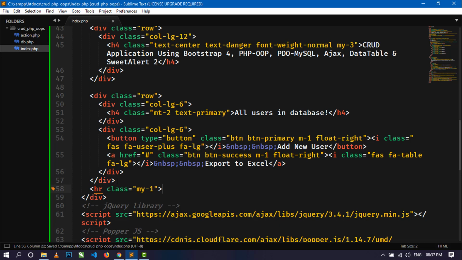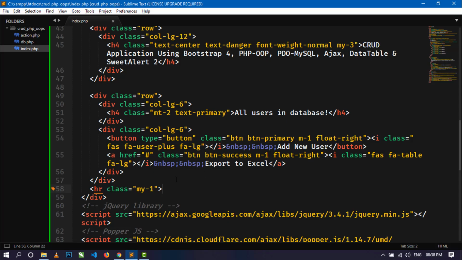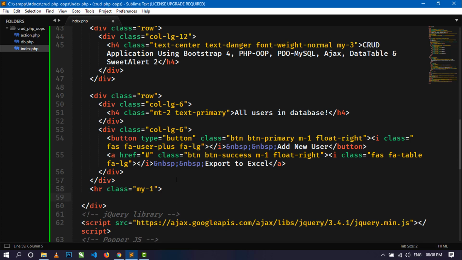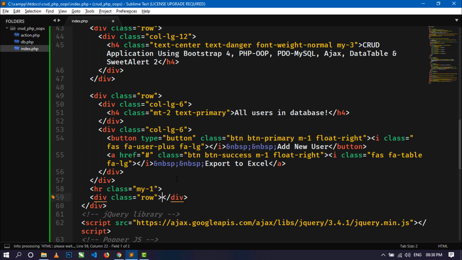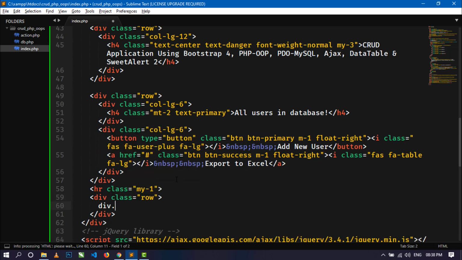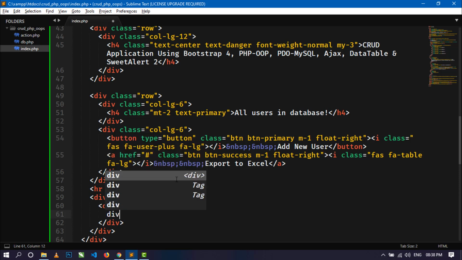Okay, here. Now here you can see a horizontal line. Now just below this horizontal line I will display all the records in table format. So for this I will again create a row, and inside this row I will create a column. Call LG12 and again create a